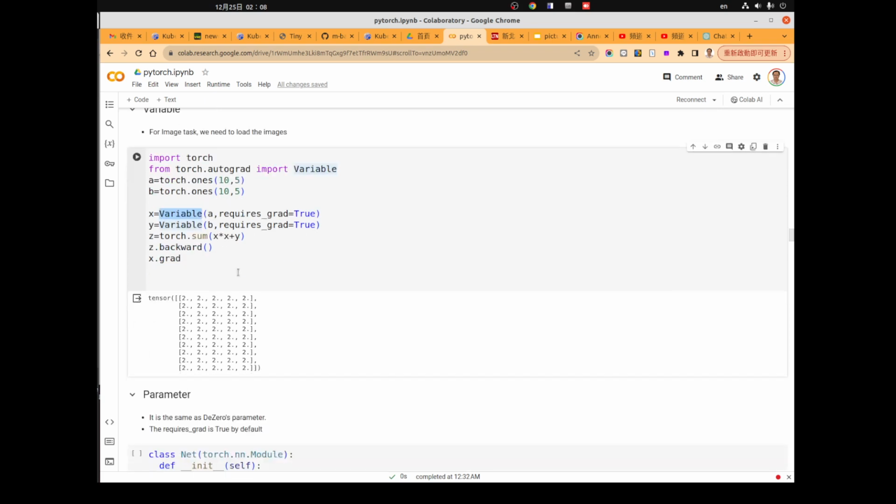You can think of the variable as a placeholder for a value inside deep learning training. It could be a constant or it could be a parameter. For each variable, in addition to the value itself, it can hold another value called grad.